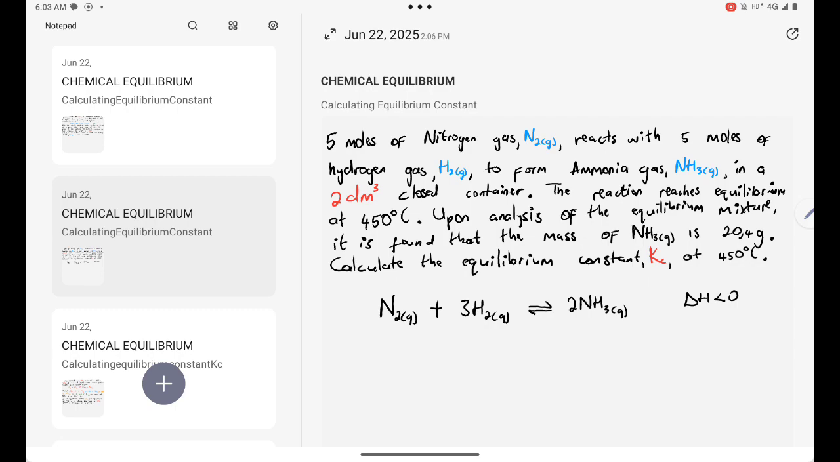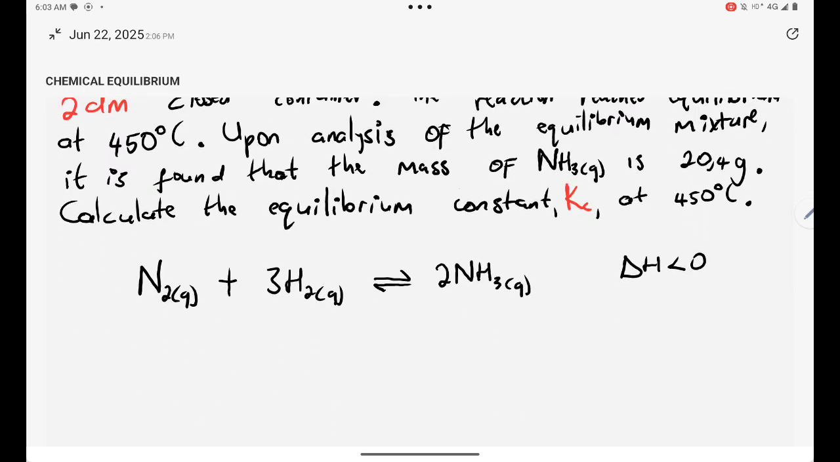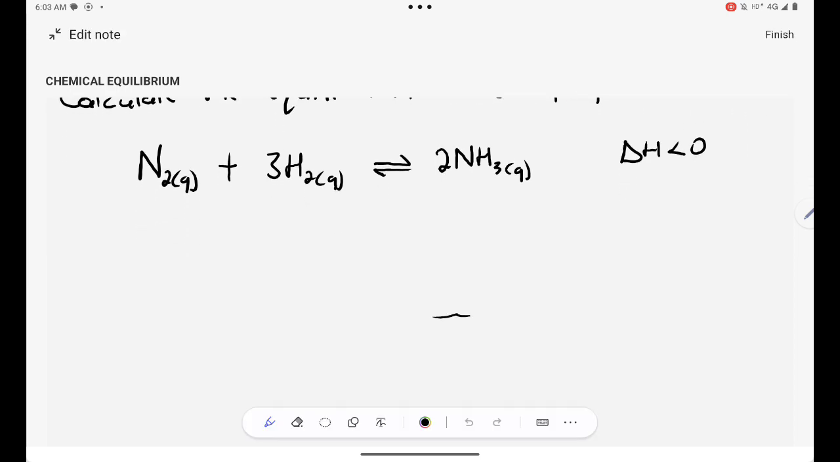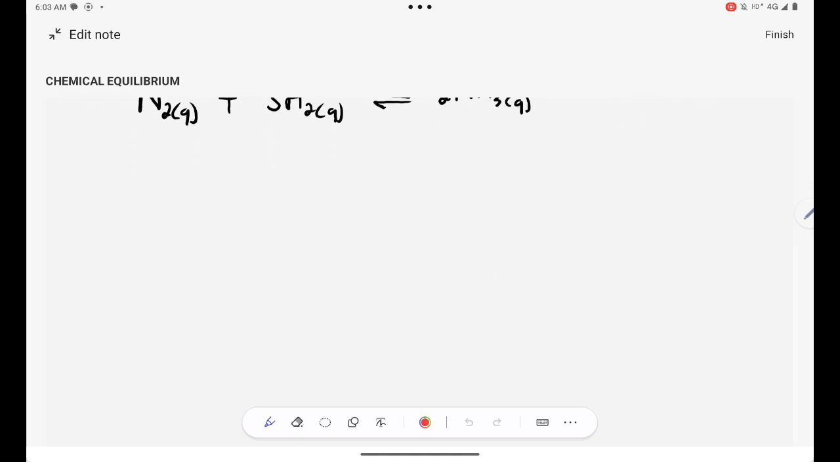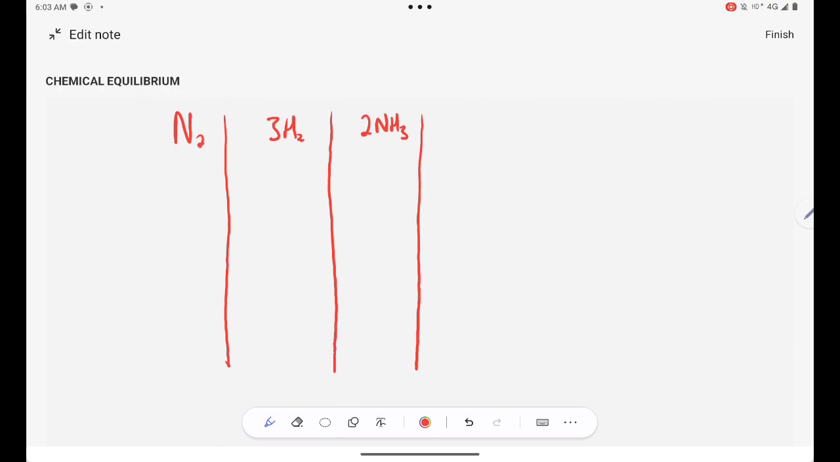Now, for us to be able to calculate the equilibrium constant, we must know the concentration of reactants as well as products at equilibrium. There is a table that we use to help us calculate the Kc value. We do have a table now. I simply have nitrogen, hydrogen, and I also have ammonia, NH3. Okay,